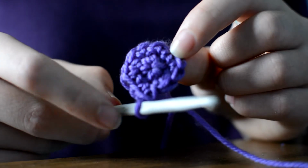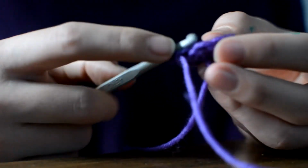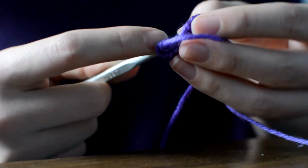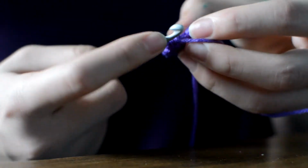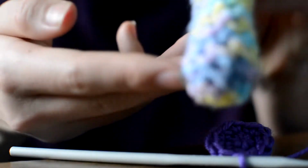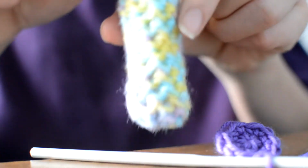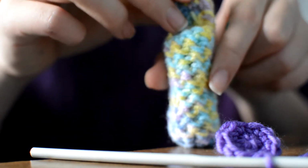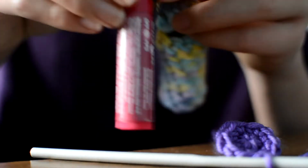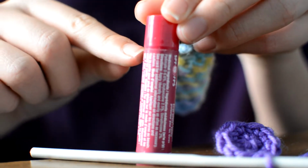So I have a big enough circle, and what you're going to want to do next is just do 1 single crochet in each of your stitches, and it's going to start going up. Like if you see this right here, you see it will look like this. So because this is the bottom, and then it will start going up this way. So you're going to want to keep crocheting up, and I'll show you when I'm done half of it, and then you're going to want to just keep crocheting up until it's around to the bottom of the lid of